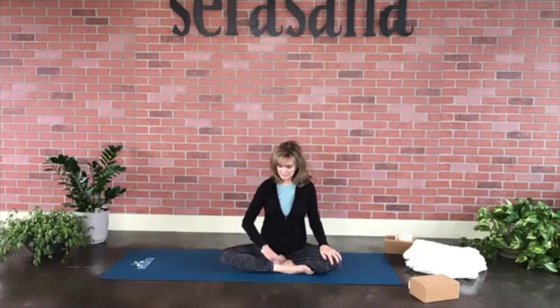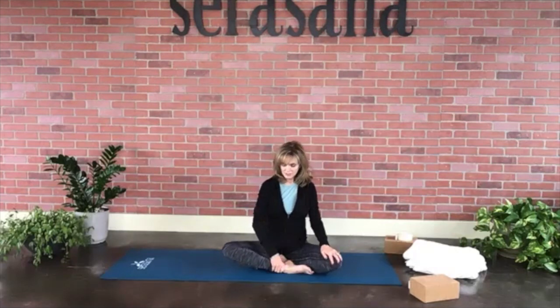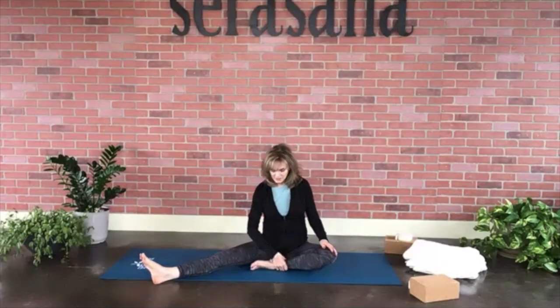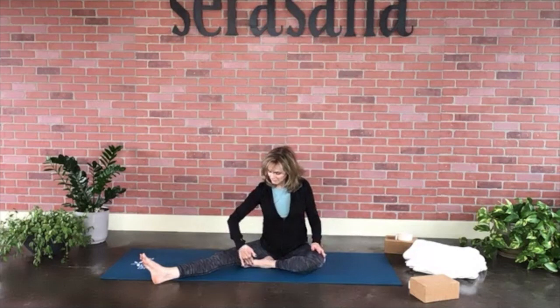Good, then we're gonna release that, sit up nice and tall, and we're gonna take a half dragon from where we are sitting right now. So we're gonna take the right leg, just grab that ankle, and just send that leg out towards the right side. And you're already set up. It looks a little bit like a tree pose. And if you want to place the left foot a little deeper into the thigh,